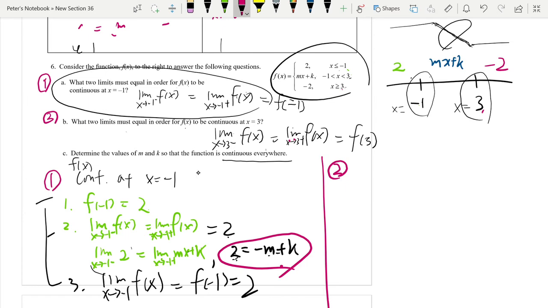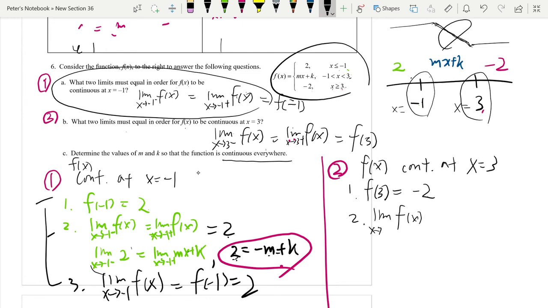So number 2 here is now f of x, case for continuous at x equals to 3. So first case, what is f of 3? X greater than or equal to 3, you get -2. So actually f of 3 is going to be -2. And then second case, so it's defined there. And then my limit value